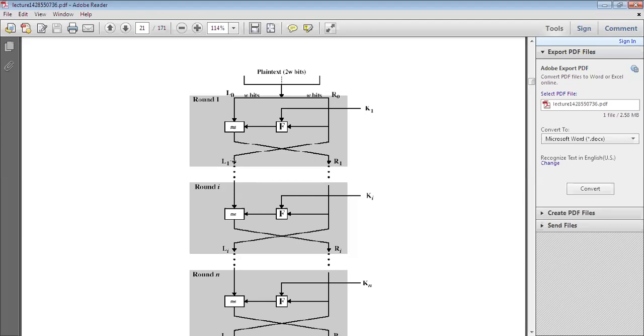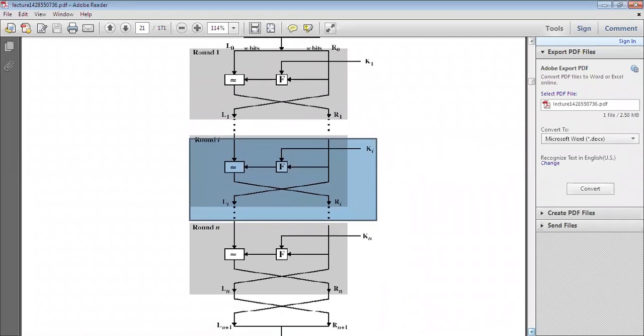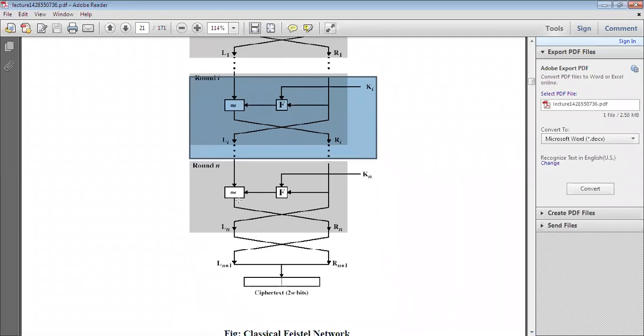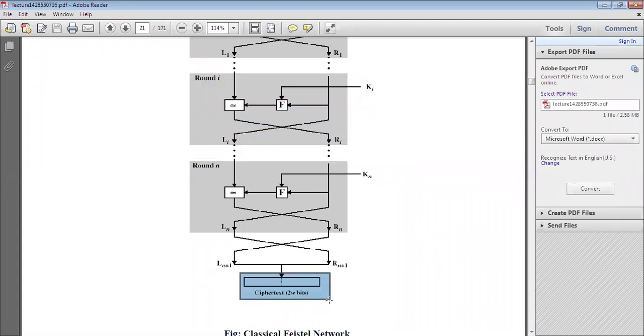In this way, this entire process is represented as round 1, and similarly round 2. Like this, the number of rounds is represented in the classical structure. Finally, after n rounds are completed, you get the ciphertext, which is transmitted from sender to receiver.